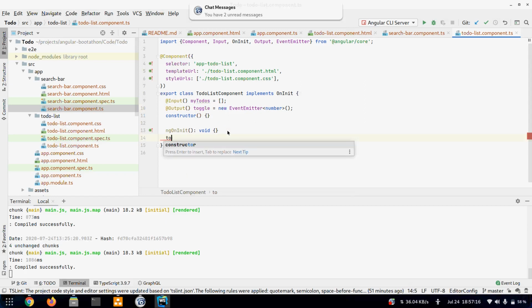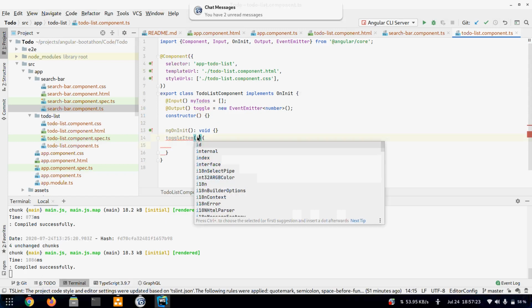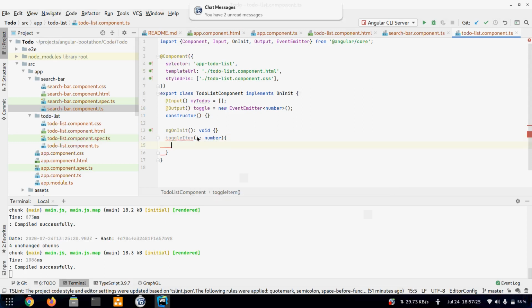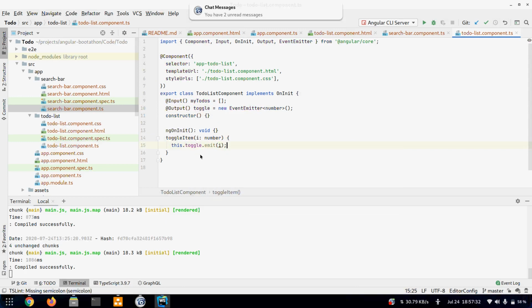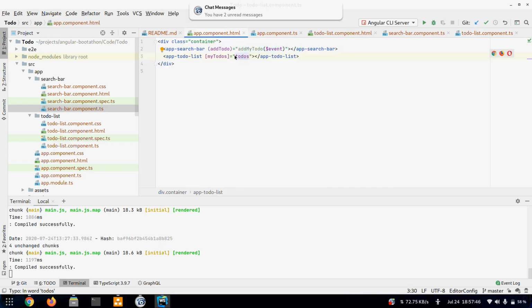Let's call the method toggleItem. Okay, so whenever we click on the list, we'll call this toggleItem method and we'll pass the index, and this index will then emit an event and that event will be registered by our app component.